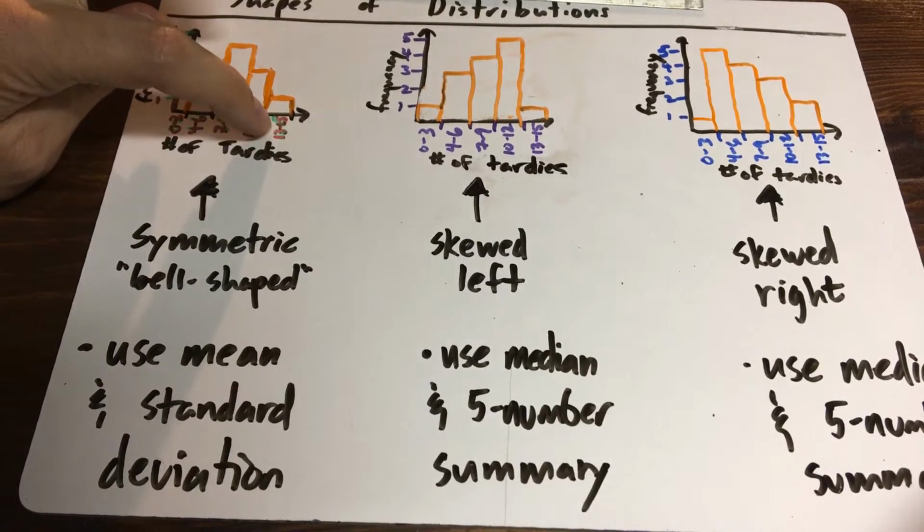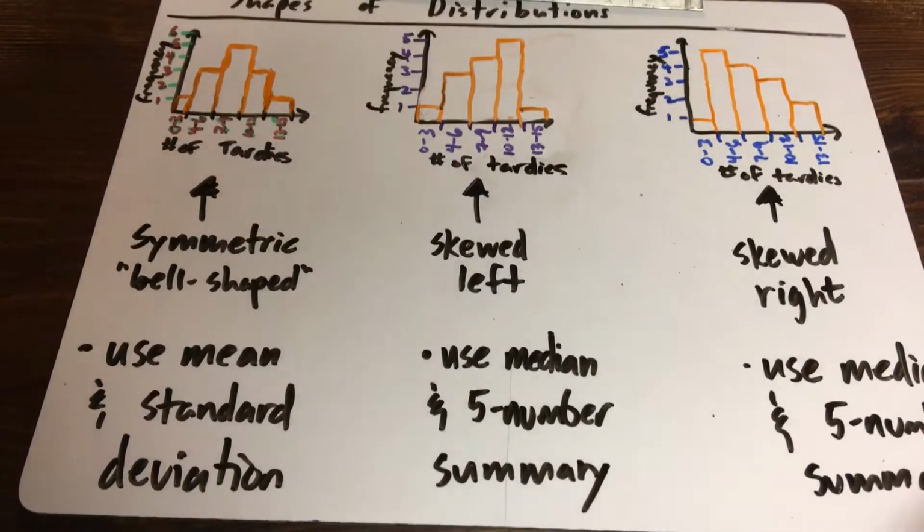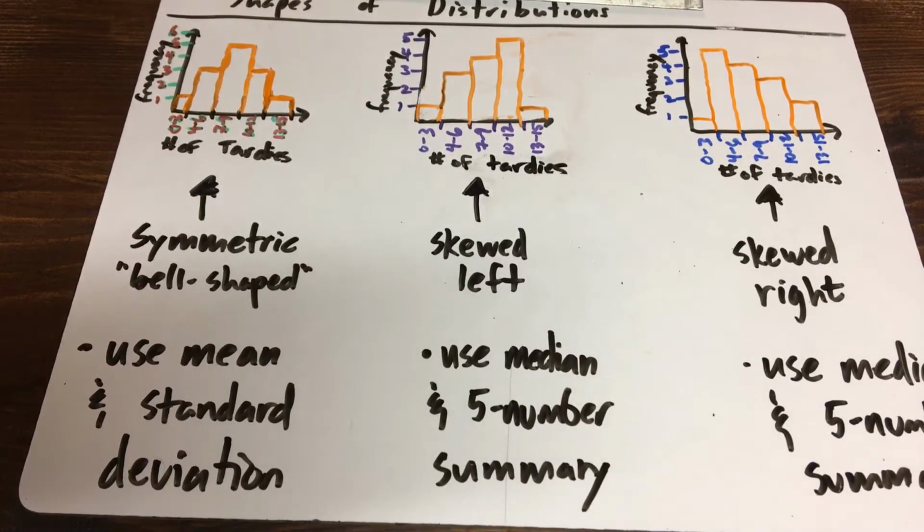And then the final interval, because histograms always have intervals, 13 to 15, we only have one person, and you can probably guess who that might be if this was real data. One person had between 13 and 15 tardies. So anyway,